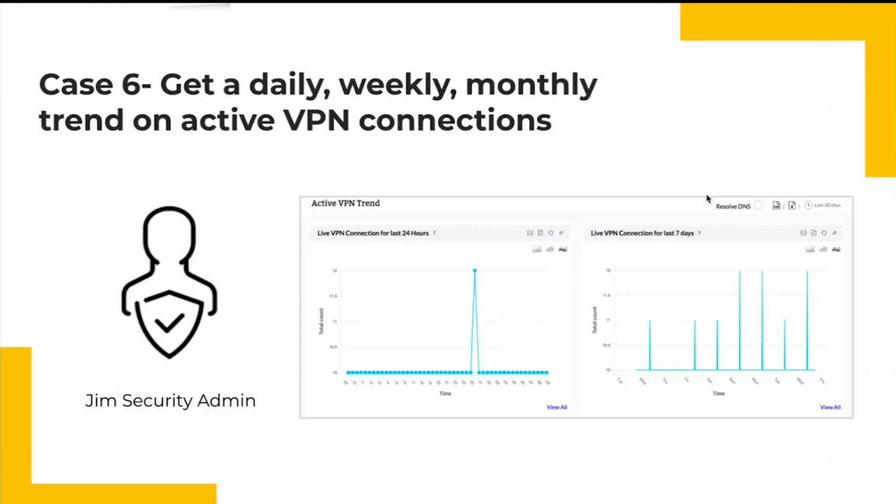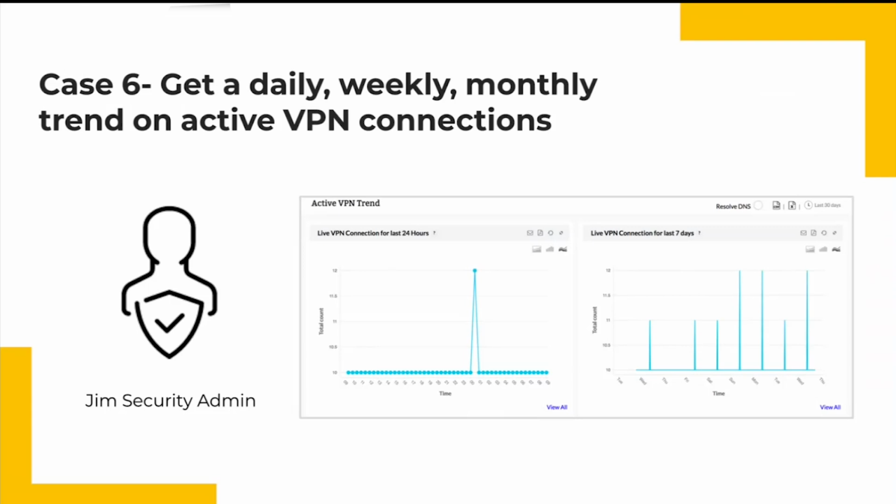Now that a lot of employees are accessing via the VPN network, for device and bandwidth allocation purposes it becomes extremely critical that Jim identifies the busiest hour and the leanest hour and plans the VPN infra accordingly. So, say for example, there's a product release next week,